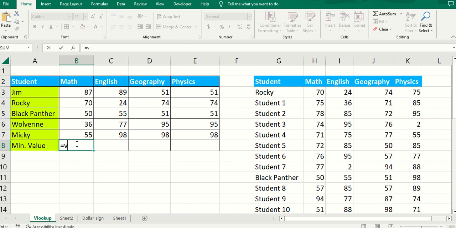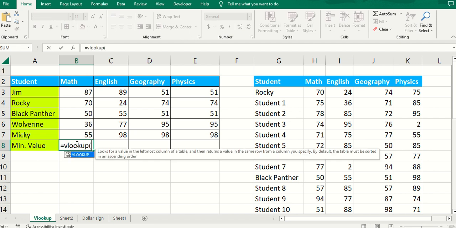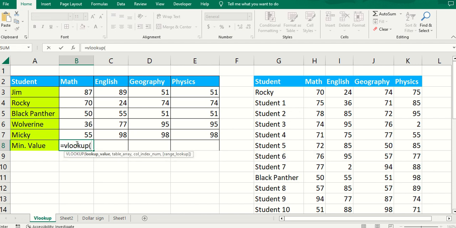Equals VLOOKUP, open bracket, and the lookup value. So what we want to find out, the lookup value will be the minimum, the MIN formula, open parenthesis, and then the range. Okay, so I want to have this range, and then close the bracket, and then the table array would